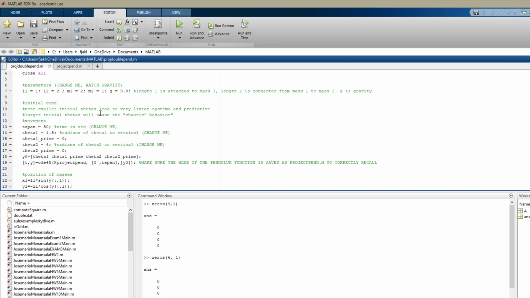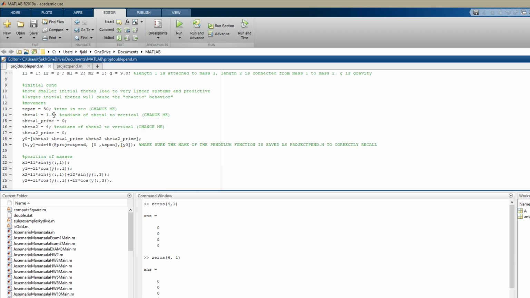Strangely enough, we have our initial conditions, and these are the big initial conditions. We have T-span, which is our time in seconds, which you can change, but it doesn't really matter. We have theta 1, which is the first angle, in radians. It's worth noting that the smaller the initial value, the less chaotic the pendulum undergoes, and that makes a lot of sense, because if you think of a double pendulum,